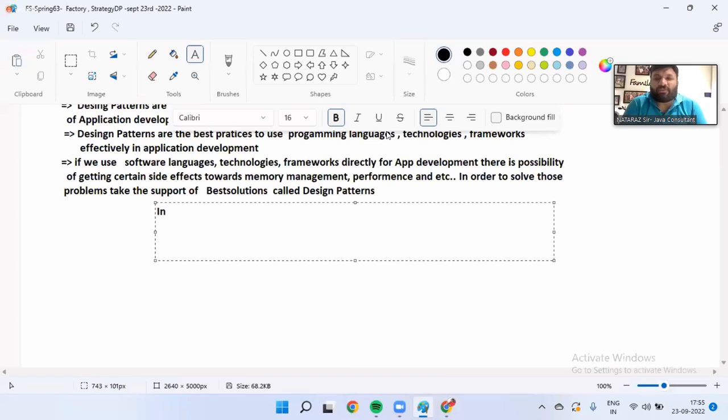Design patterns are not software to install. It's not a technology or framework or language. They are the best practices given by senior developers. They have documented them and we are using them. Just as one person who climbed the Himalayas, after coming back, will write a book, and that book will be read by the next generation to get some experiences and lessons from them, when they want to climb the Himalayas. Similarly, senior developers